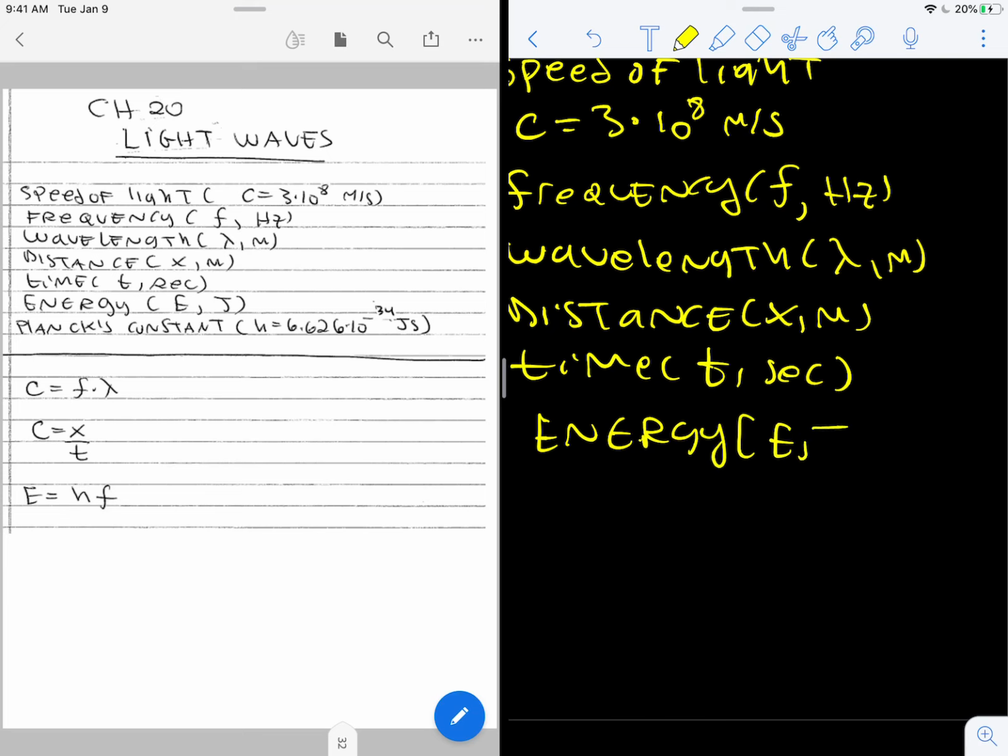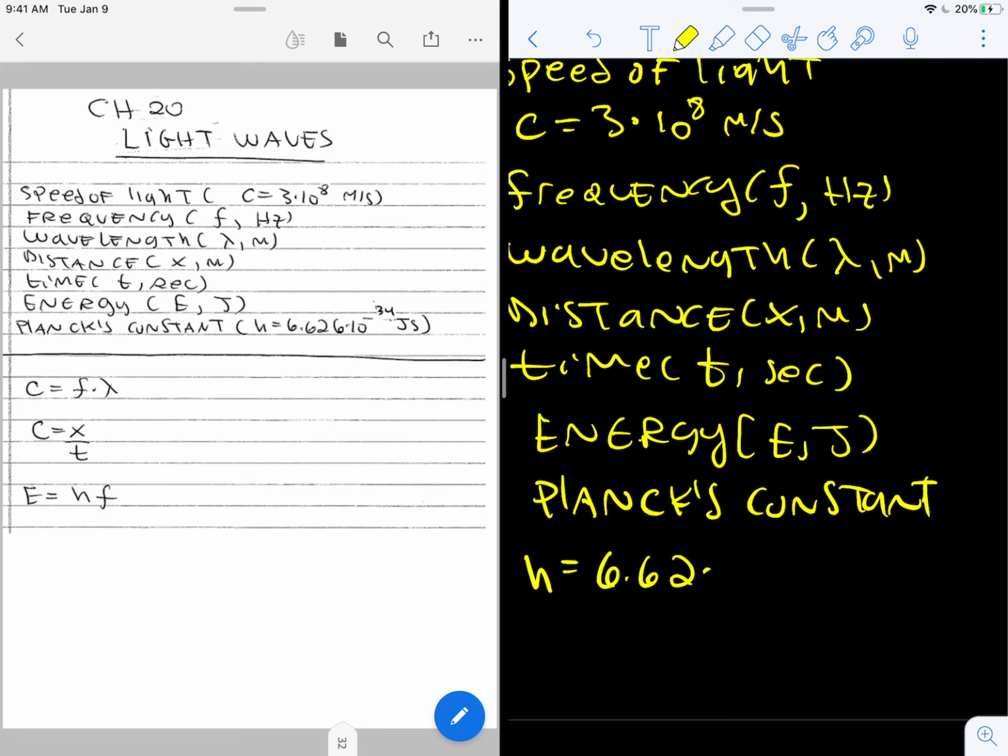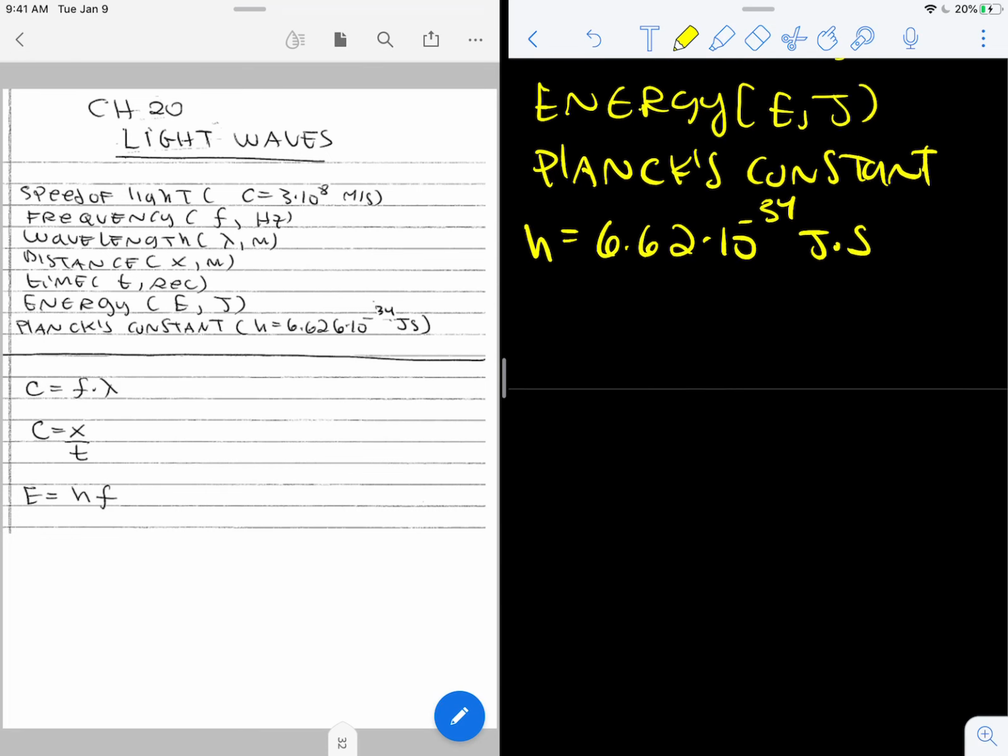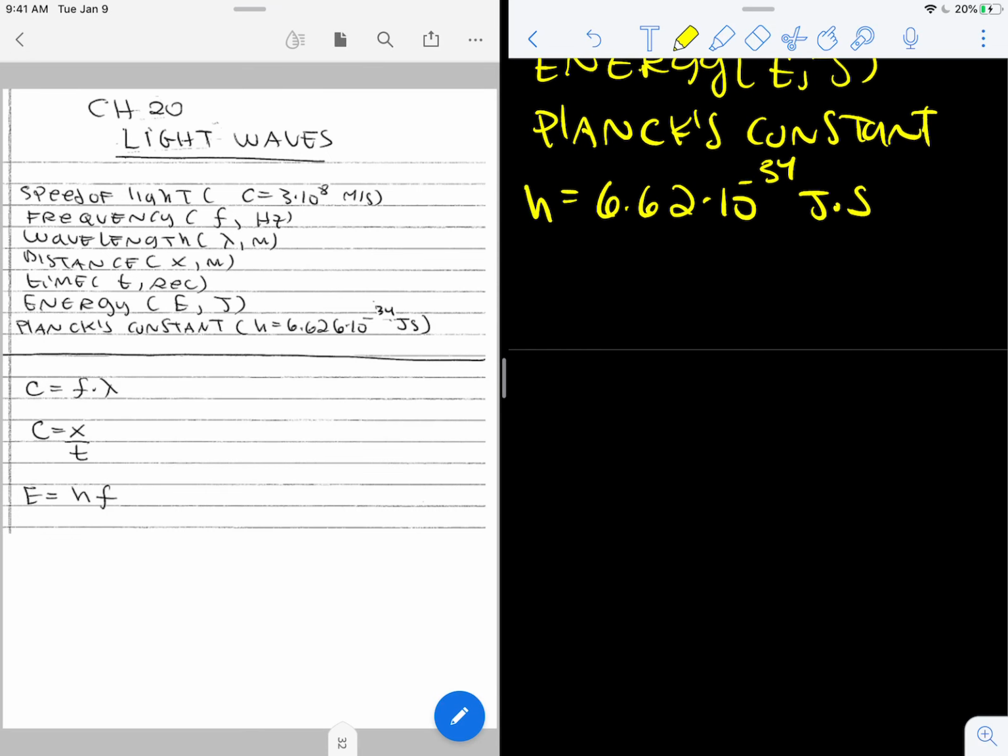E measured in joules. And there's going to be a constant, which is called Planck's constant. And it's going to be the variable h, and it's going to equal 6.62 times 10 to the minus 34 joules times seconds. And the equations that we're going to use for this chapter is going to be the speed